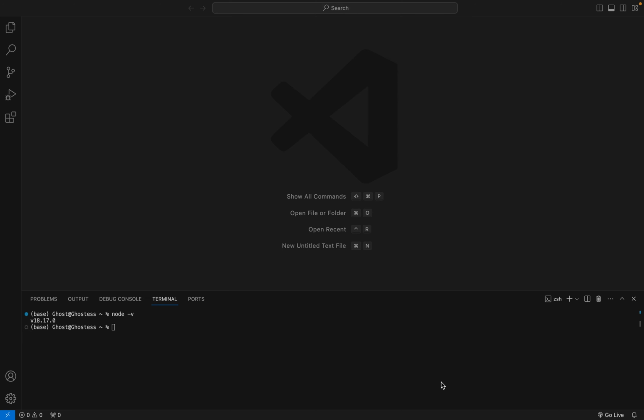Now that we've already installed Visual Studio Code and Node.js, as we can see, we've already checked for the version. I'm currently using version 18. We can install VS Code extensions. What are extensions? Extensions are just basically plugins that assist us to do some things easily and in a fast